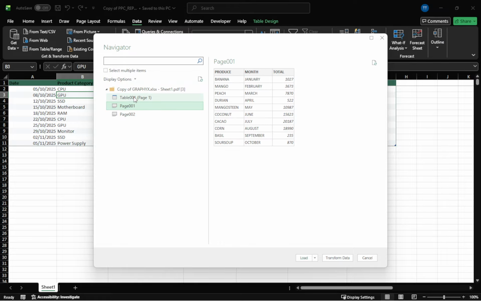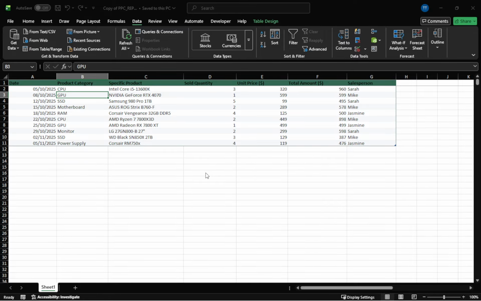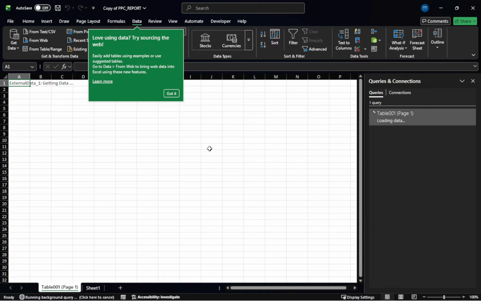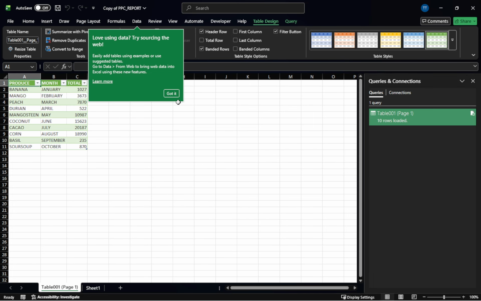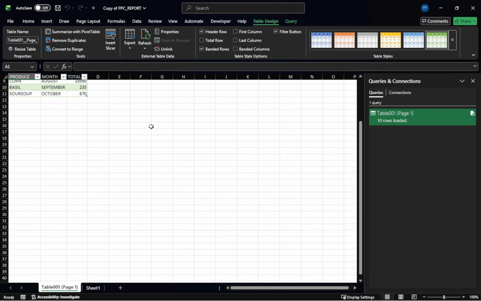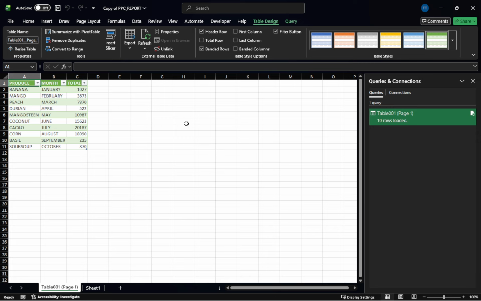Finally, Google Drive is a handy free option. Upload your PDF to Drive, right-click it, and choose Open with Google Docs. Google Docs will extract the text and table content. From there, you can copy the table into Excel or go to File and download it as an Excel workbook after making any fixes. This approach is best for simple tables. More complex layouts might need a little formatting touch-up once you're in Excel.